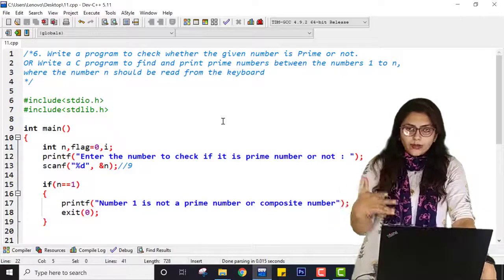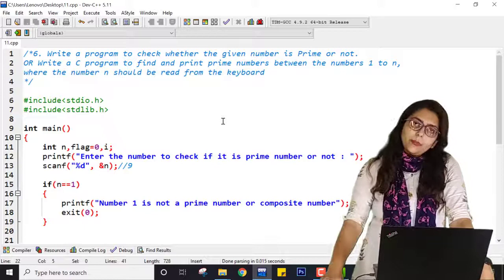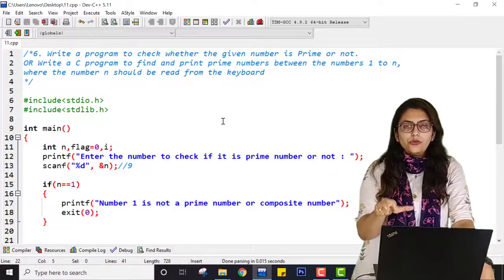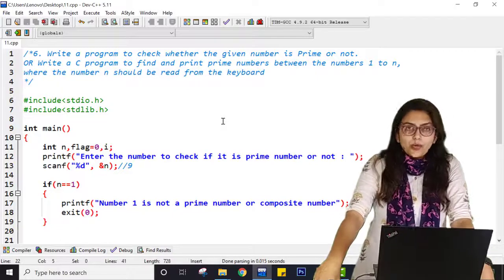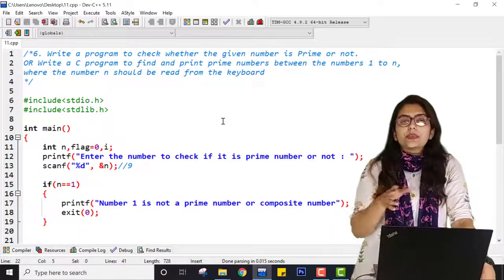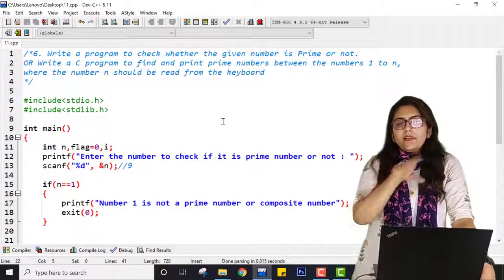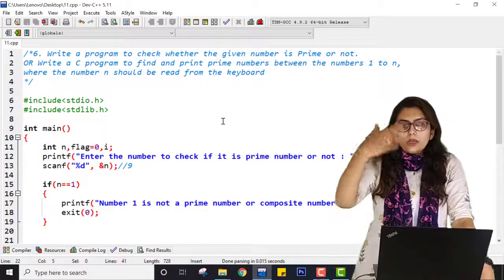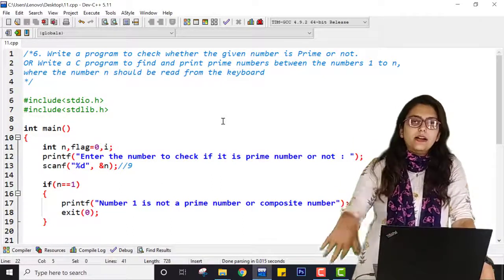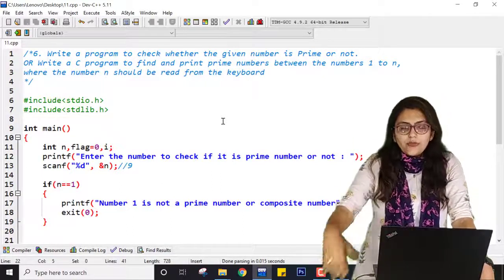Now, if you don't understand how to write that program, you can ask me in the comment section. Later on I will add that program's solution in the description box, so you can check that out. One hint for you guys is you can use a nested loop. Whatever range you are taking is the outer loop, and whatever logic you are implementing right now will be inside the outer loop, so it will be the inner loop.